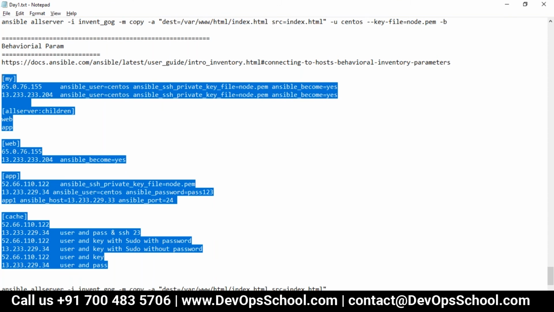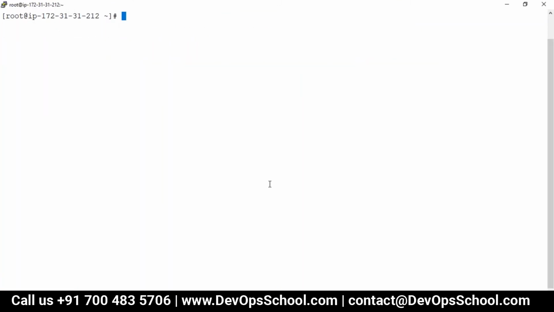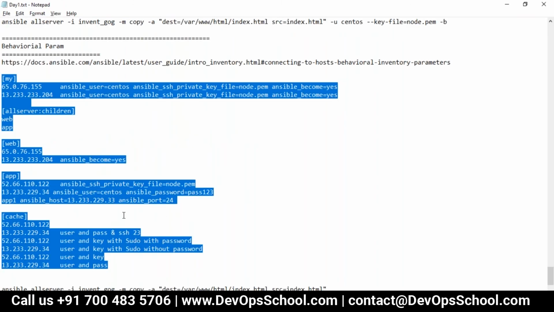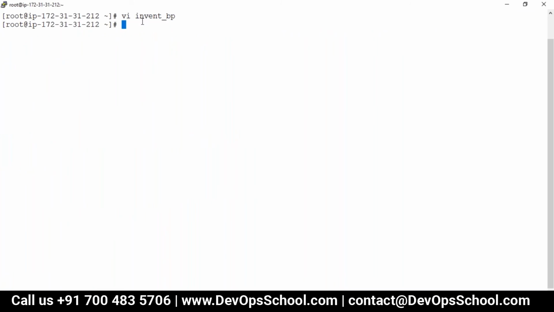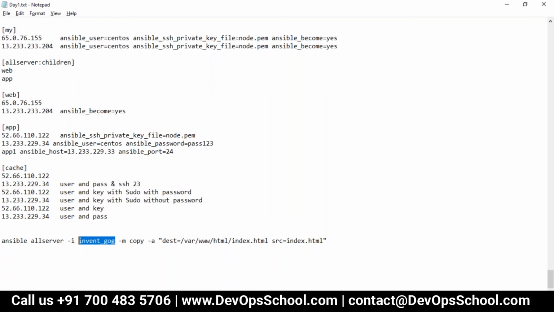I'm creating one inventory for the behavioral parameter. So vi inventory behavior parameter, BP, and I copy paste the entire thing, my. Okay, now the name of the file is BP, and here it should be my. I hope you are getting it.